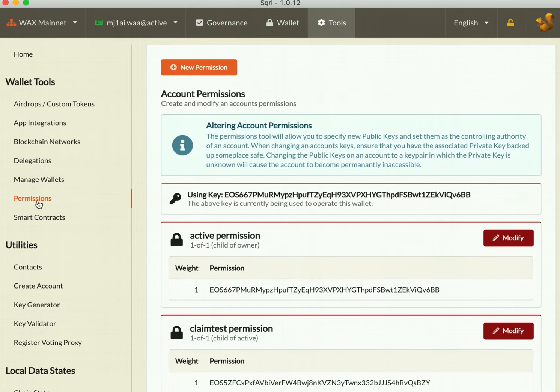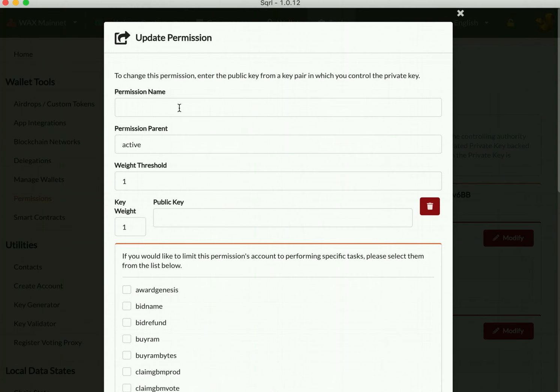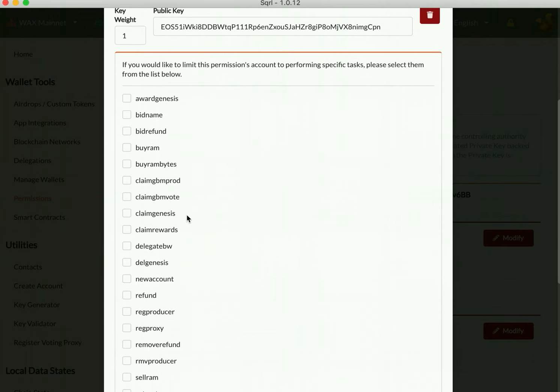So with this key created, then I can proceed to setting up my custom permission. So I'm going to go to the Permissions tab and click the New Permission option here at the top. Now for this permission, since I'm only going to use it for claiming my rewards automatically and voting automatically and buying RAM, I'm going to call it my auto claim permission. Now everything else can remain the same, and I'm going to paste the public key that I just generated specifically for this permission,